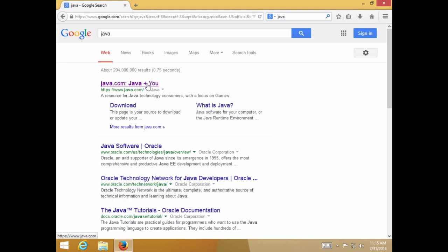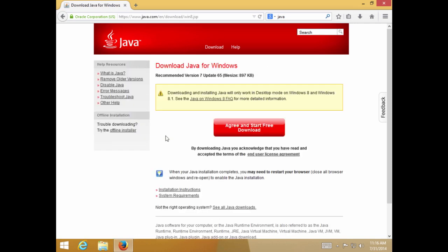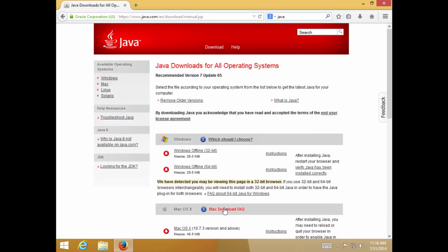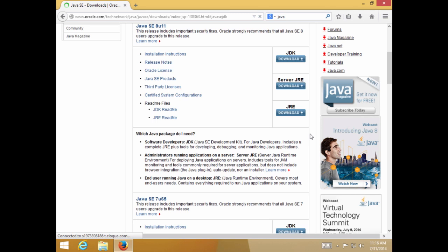And you can click on this first link that you find here. Hit the free Java download. And let's go for all Java downloads here. And we are looking for the JDK, so click on this link and then go to JDK downloads. No doubt there's a more expedient way to get here, but I figured I'd show you the path anyways. And then hit JDK download,